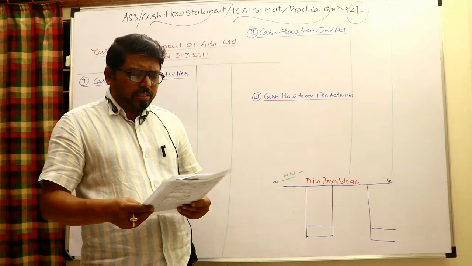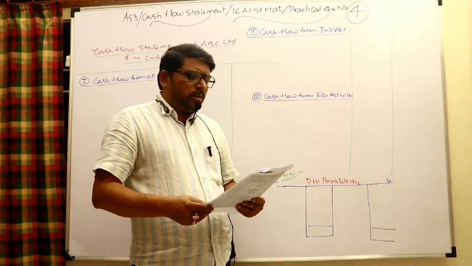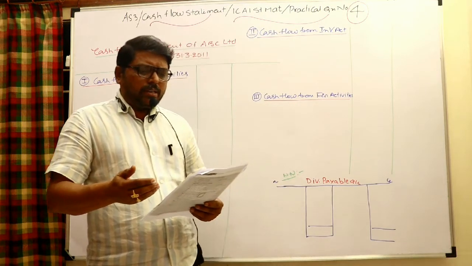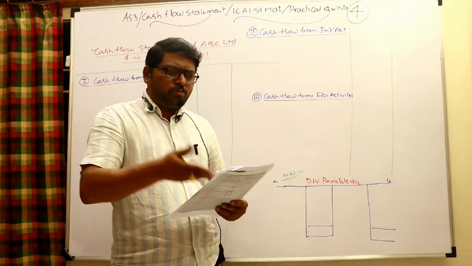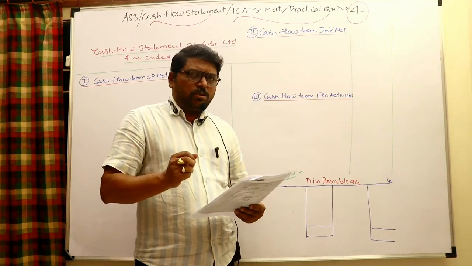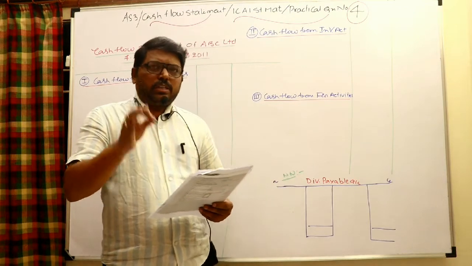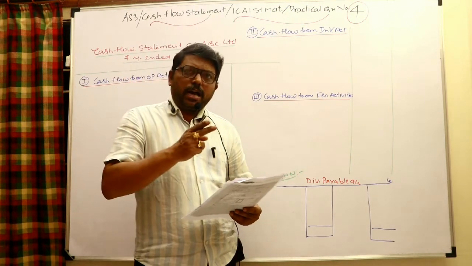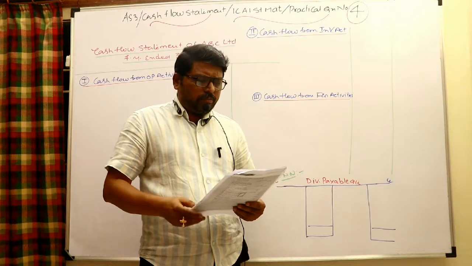And lastly, trade receivables of 2 lakh 30,000 were determined worthless as bad debts and adjusted against the provision for bad debt. This is what was already said. Bad debts of 2 lakh 30,000 which are written off are a non-cash item adjusted to the provision, so it is to be removed. So add back to the debtors, add back to the provision.